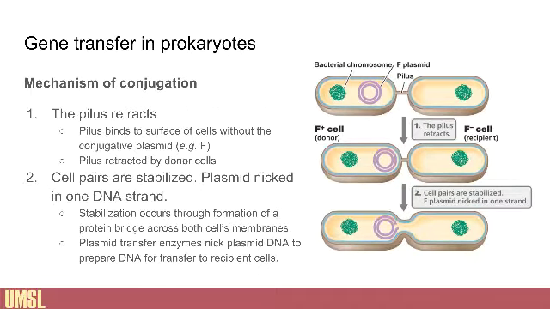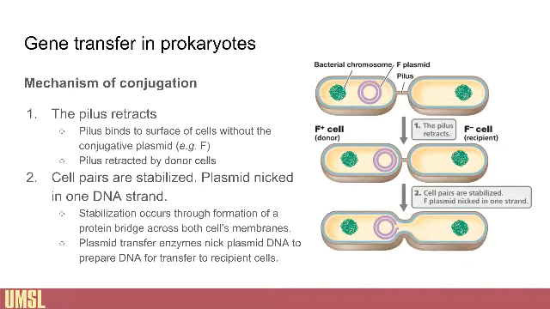And what ends up happening is this pilus attaches to cells that don't bear F, essentially reels them in, and this type 4 secretion system essentially mediates formation of a double membrane spanning bridge,